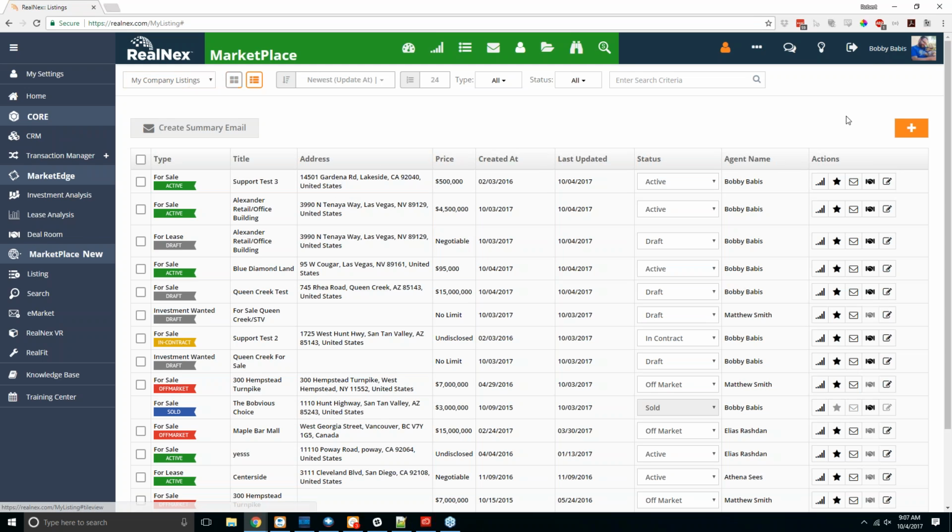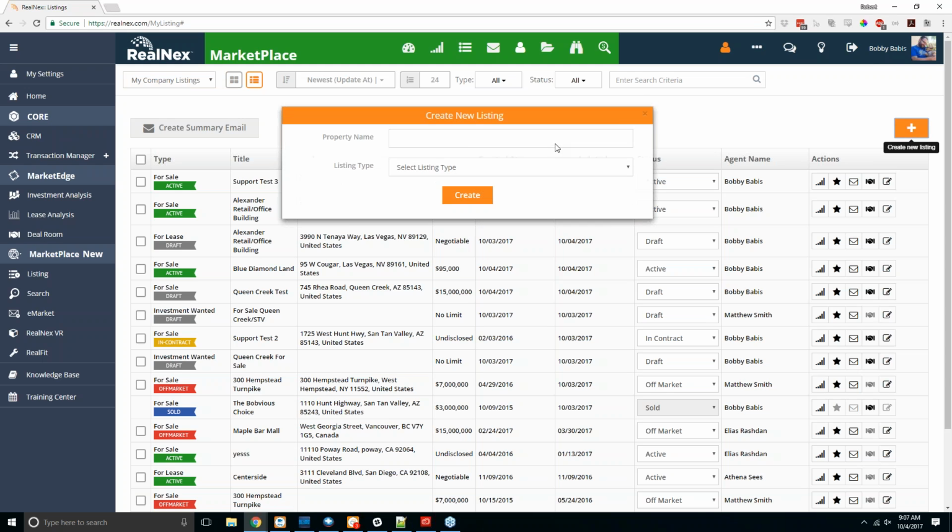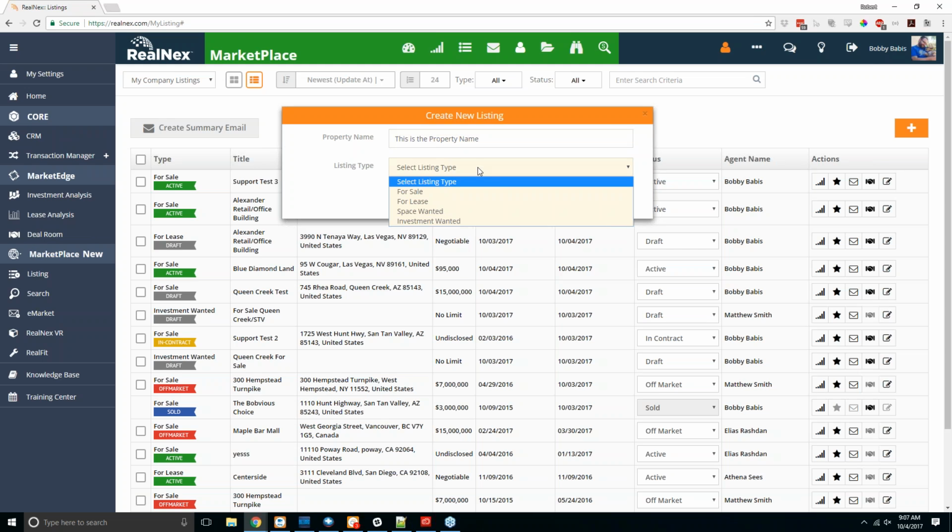So to add a listing, there is an orange plus button on the right-hand side here. When you click on that, you're going to be given two options. First off, you give the property a name. So we'll call this the property name. And then you select the listing type, whether it's a listing for sale, for lease, if it's space wanted, or